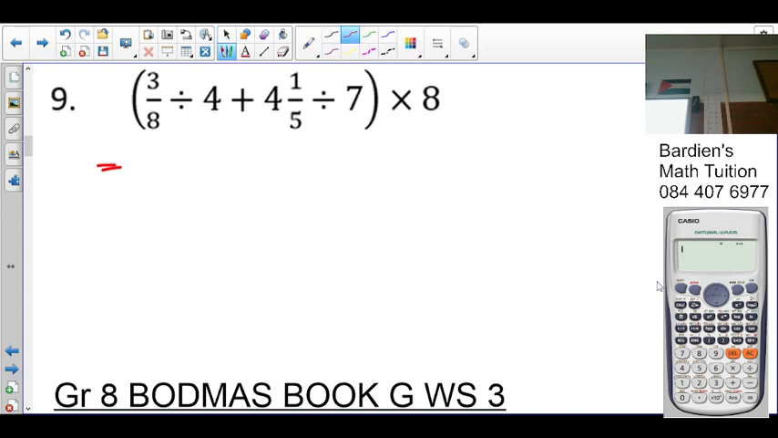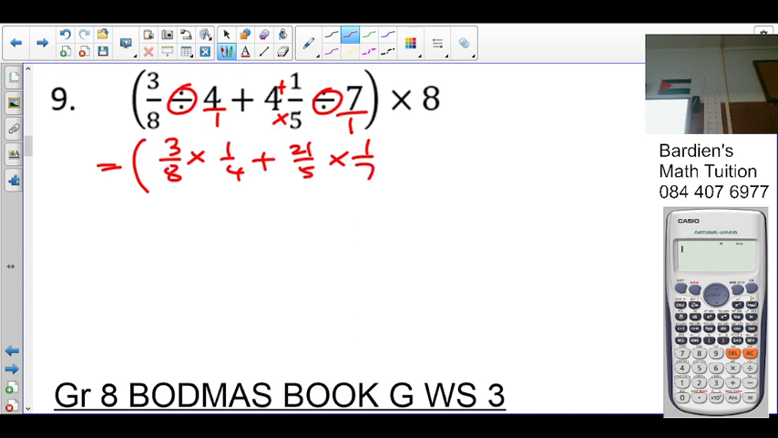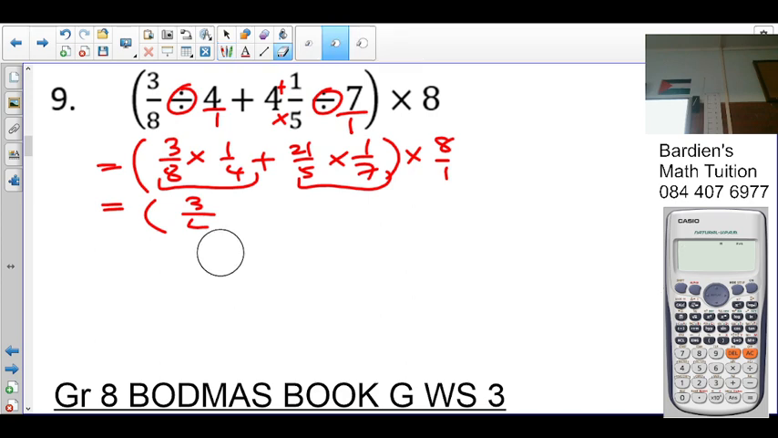Right, this is the next one. Brackets first. Inside the bracket, change the division to multiplication. So it's 3 over 8 multiplied by 1 over 4 plus improper fraction 21 over 5 times 1 over 7 times 8 over 1. So again multiplication. Is there anything I can cancel here? Simplify? No. So it's 3 over 32. 8, 16. Yeah, 32. Plus 21 over, no, 7 goes into 7 once. 7 goes into 21 3 times. Yes. 3 over 5